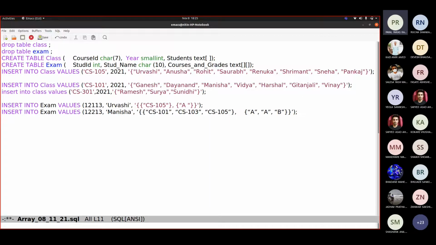insert into exam. So yes, first of all, single quote, double quote. You can see that it is shown differently, the quote symbol, as I copy-pasted from there. The font support might not be there because it is not in Unicode form. So that's why that is the major problem. So this is the first dimension. Now I'm adding the second dimension.